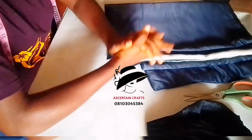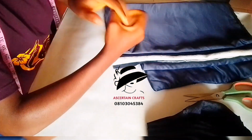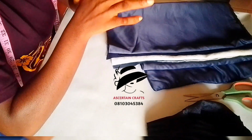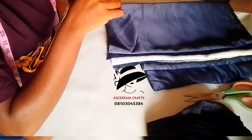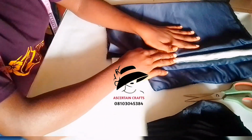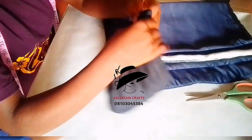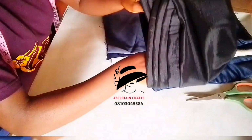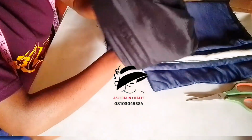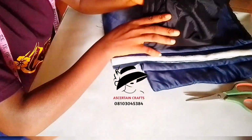How you all doing? So today I'll be teaching us a very nice and beautiful design. This design is common also when you use a shoke to make it. Now we'll be making use of our fabric for this knotted design. So without wasting time, if you want to know how I achieve that design, make sure you stay tuned to the end of this video so that you get every detail you need to know about this